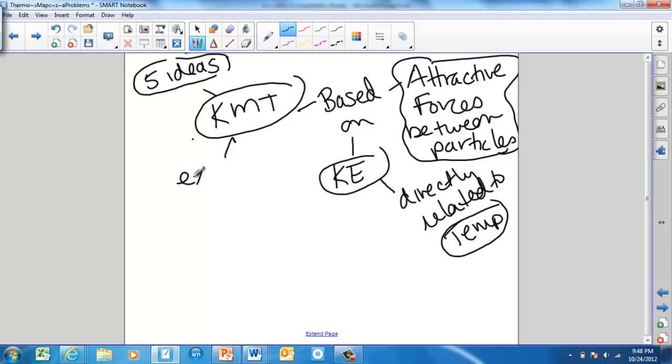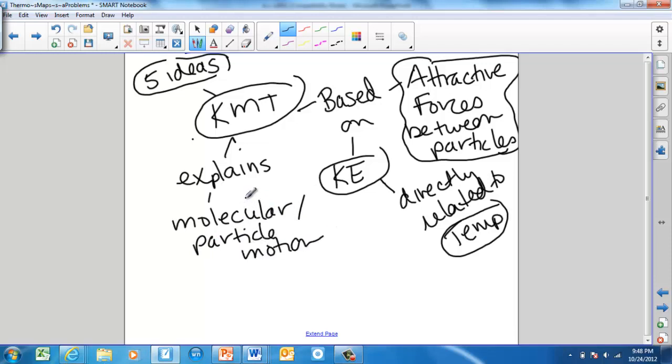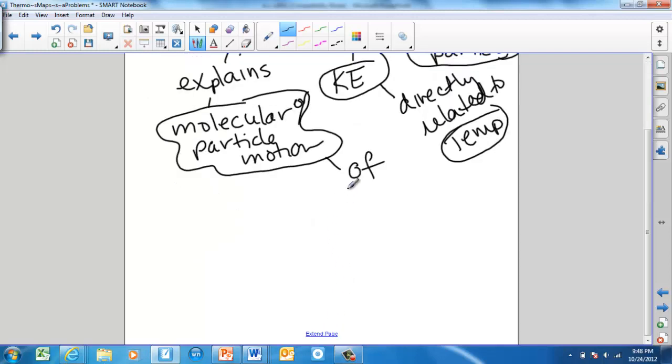Now, what the kinetic molecular theory does is it explains molecular motion. Okay, molecular or particle motion. Kinetic means movement, molecular, and theory is an explanation. So the kinetic molecular theory is going to explain molecular or particle motion. And this includes all of the phases of matter that we're going to talk about, which includes solids,